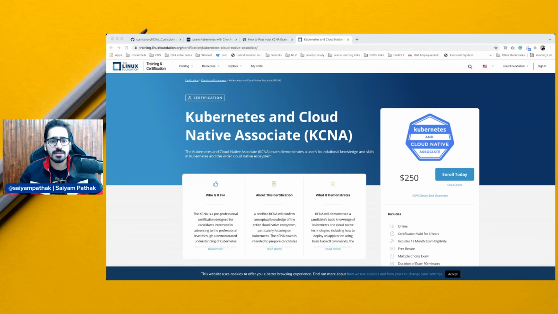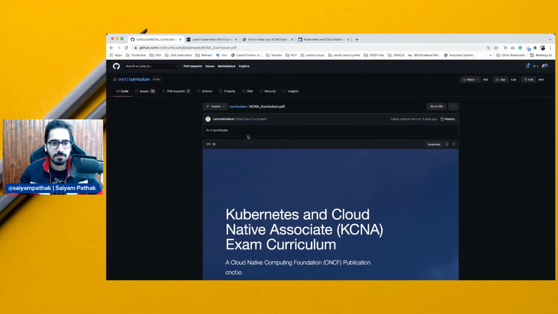As the name suggests, the Kubernetes and Cloud Native exam is focused heavily on Kubernetes and the Cloud Native ecosystem. It is the entry level exam, and the curriculum is available on the CNCF GitHub repository. This exam focuses on Kubernetes, the cloud native ecosystem, the governance, some of the concepts, terminologies and principles. This is a multiple choice based exam, so it's not like the CKAD, CKA, CKS, which are the other three hands-on certifications available in the Kubernetes ecosystem.